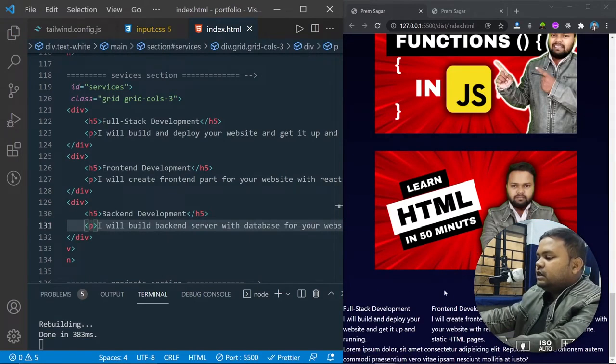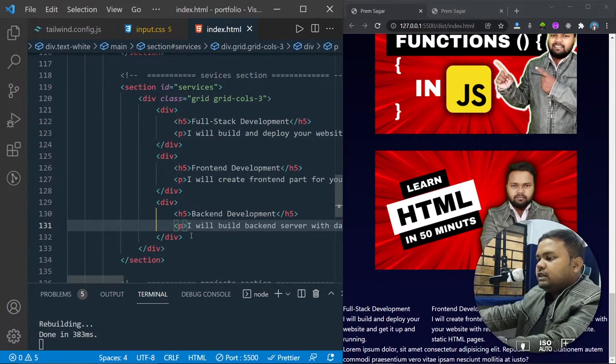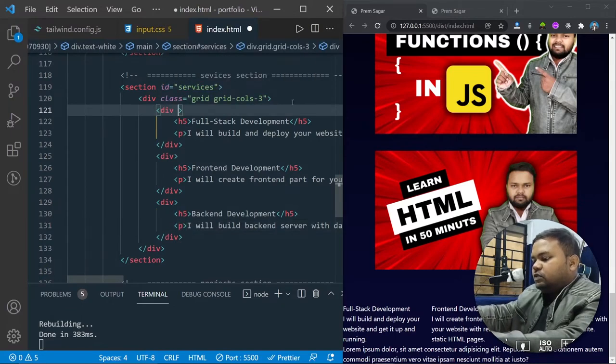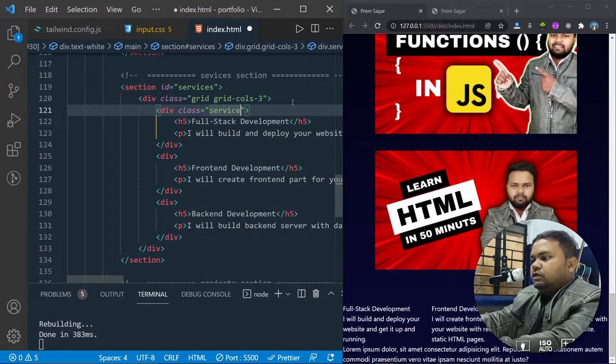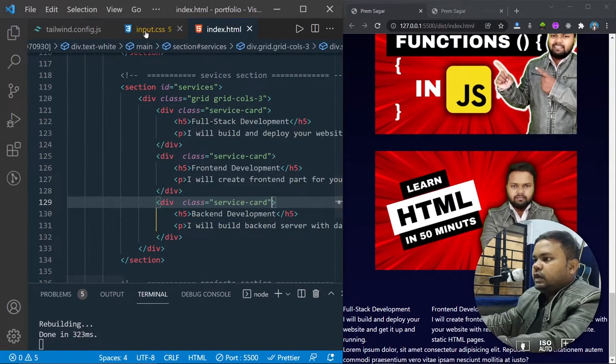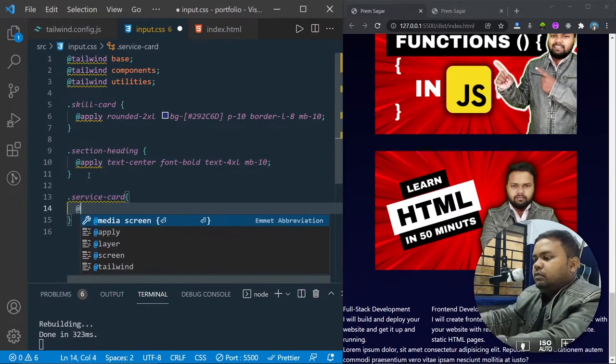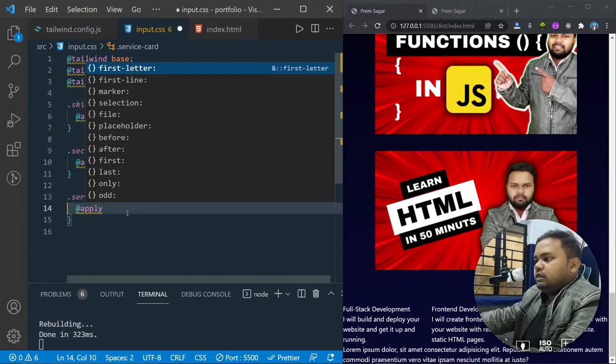So currently this is how 3 columns are looking. Let me style these. What I want to do is create a card for each of these services. So I'll give a class to all of these divs. I'll call it service card, and I'm gonna give the same class to all the other 2 divs, and I'll come to input.css and I'll target service card. Then I'll say apply, and here I'm gonna write Tailwind utility class names which will be applied to all of